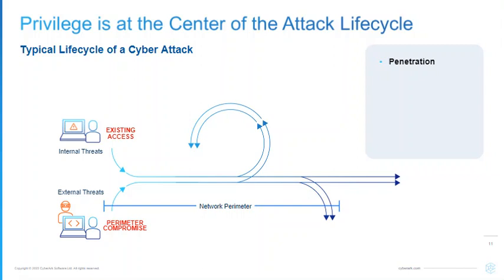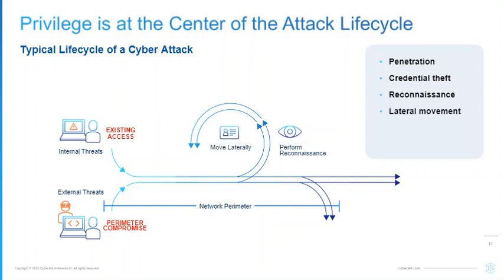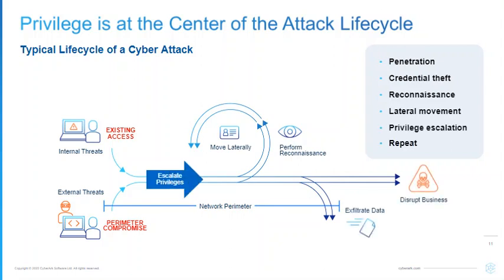Once inside the network, attackers first look for access to an internal account, preferably with some administrative privileges. They then leverage the compromised privileged account to perform reconnaissance and move laterally through the network, escalating their privileges at every opportunity, expanding their knowledge of the network topography until they can develop an attack plan to reach the target